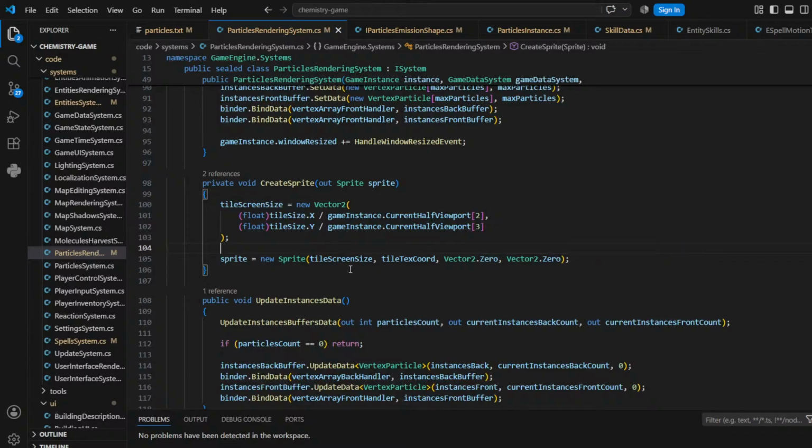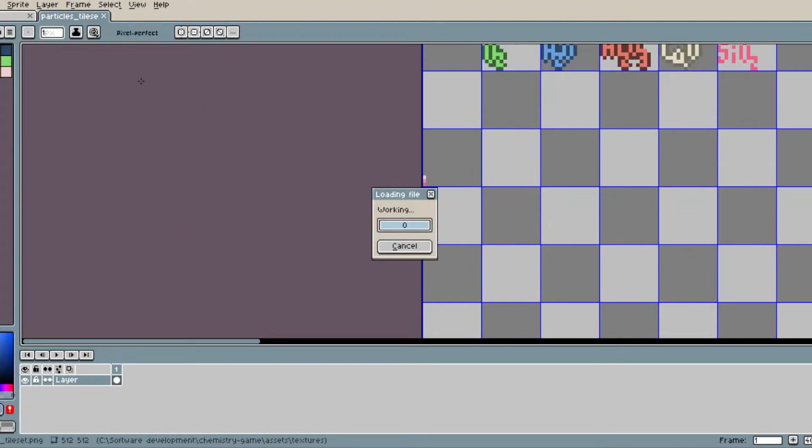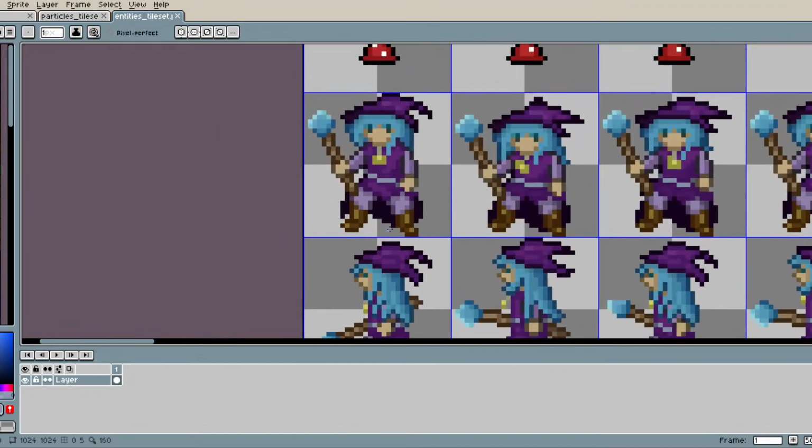Yeah, at some point I had to make some conventions. I think everything was the same now, so I had to make everything work the same because I had the entities, the particles, and the map. I can show. Let me change this. I had to make sure that when I render, for example, a character here, I want